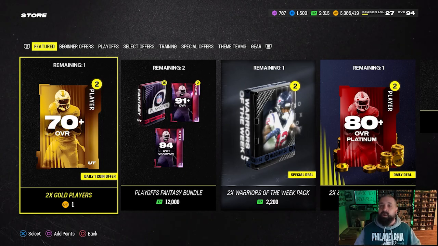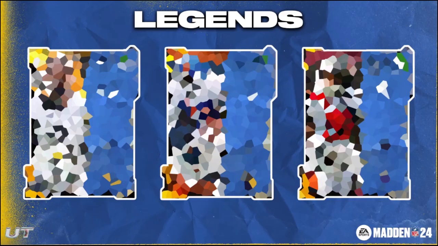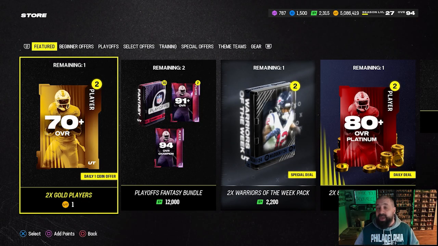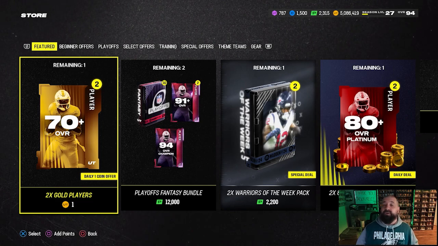We get Legends tomorrow. Here are the Legend teaser images that they dropped yesterday. Let me know down below in the comment section who you guys think these Legend cards are. And if you haven't figured this one out, Legends do get revealed on Twitter every Friday night, 7 p.m. Eastern Time. So in a couple hours, we will find out exactly who those Legends are. Tomorrow when they're in-game at 10:30 a.m. Eastern Time, we will get new pack offers, more than likely Legend offers,